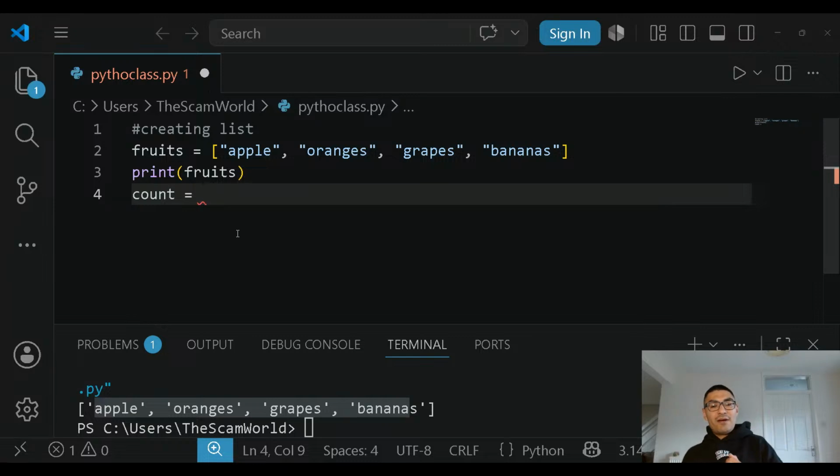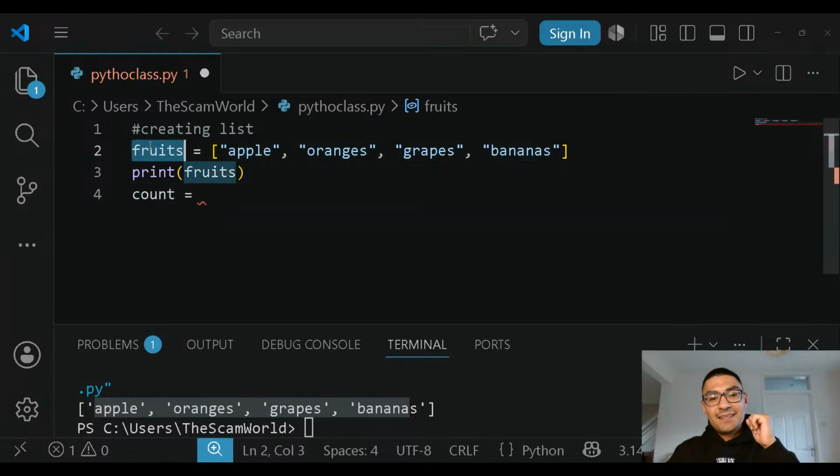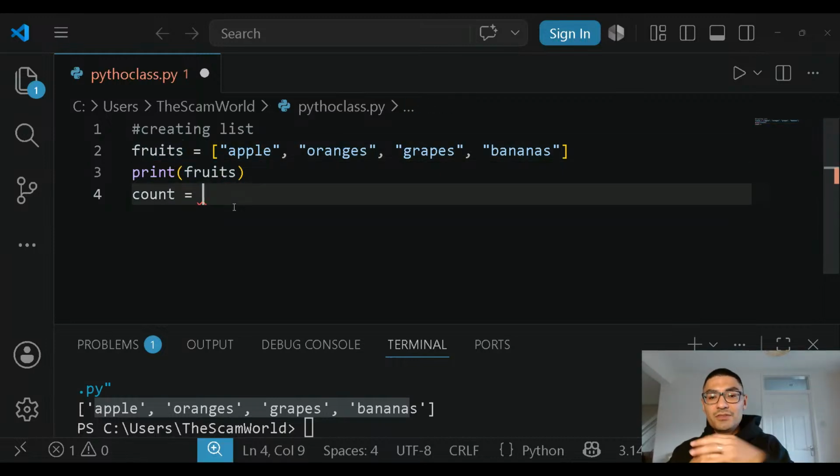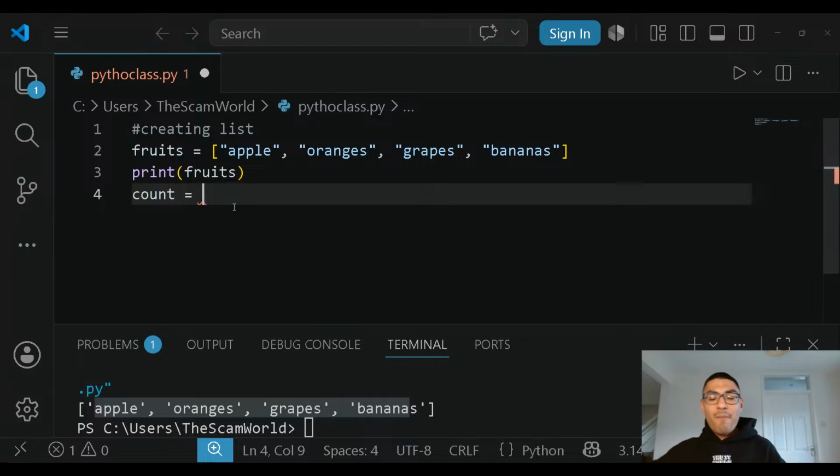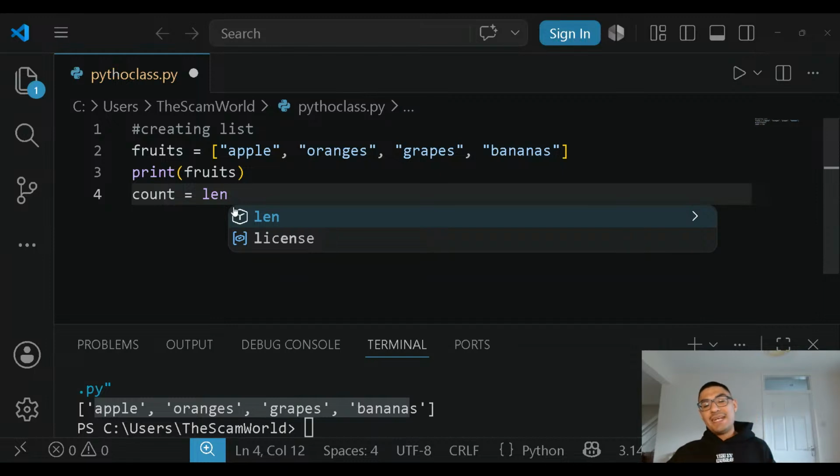I'm going to show you how to count every single item inside our list named fruits. I named it fruits because I believe they're good. I like sweets. Let's get some banana, get some energy. Let's go. So count equals, give me the length,